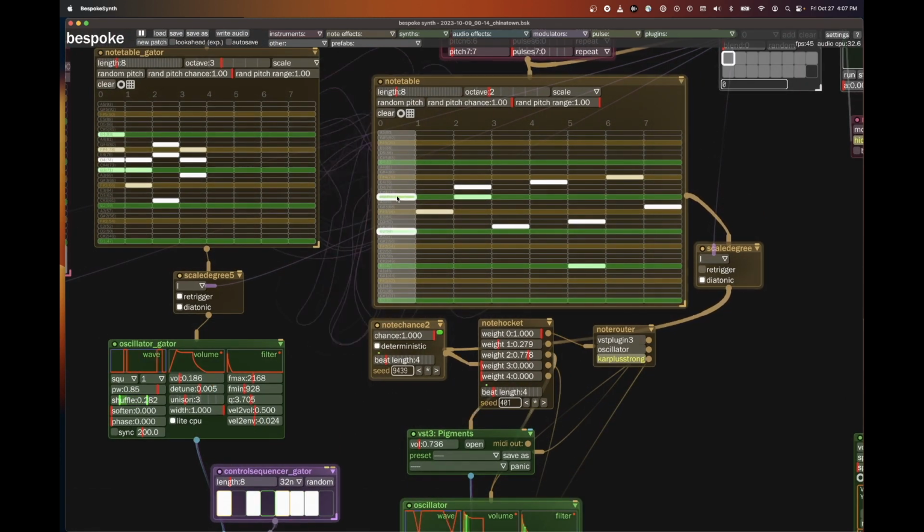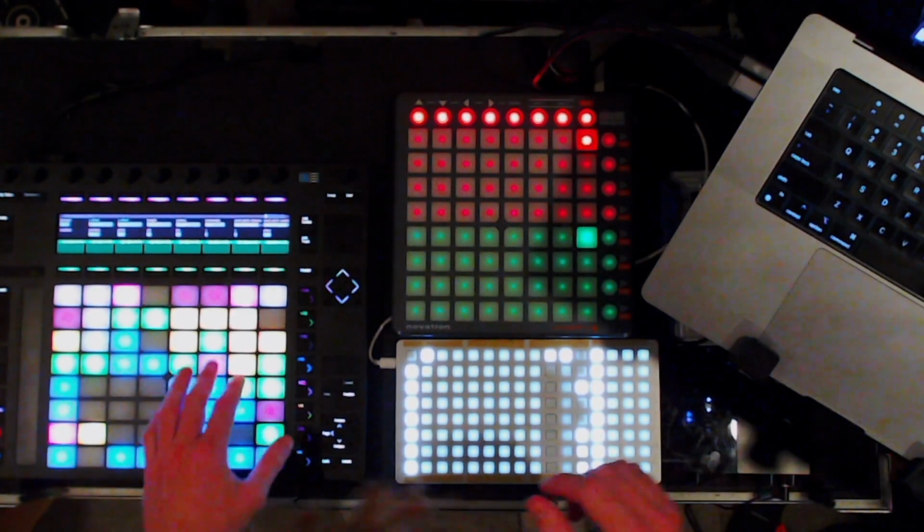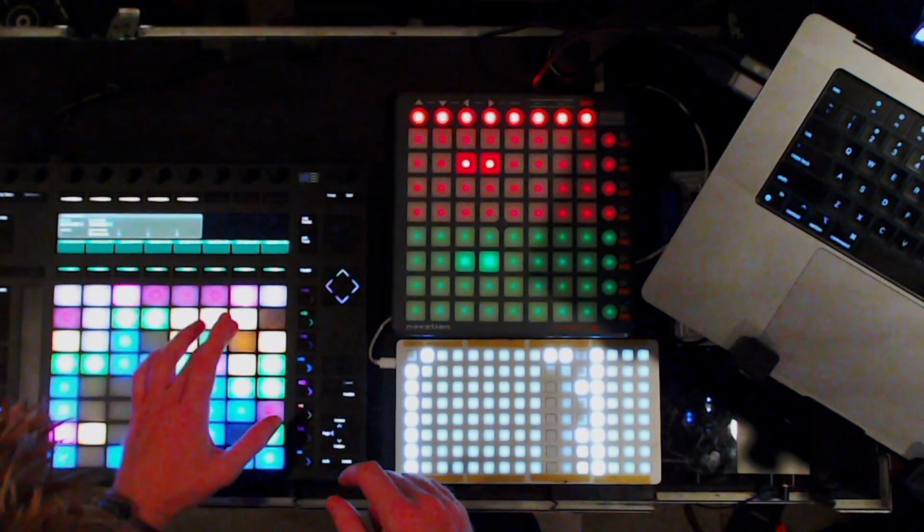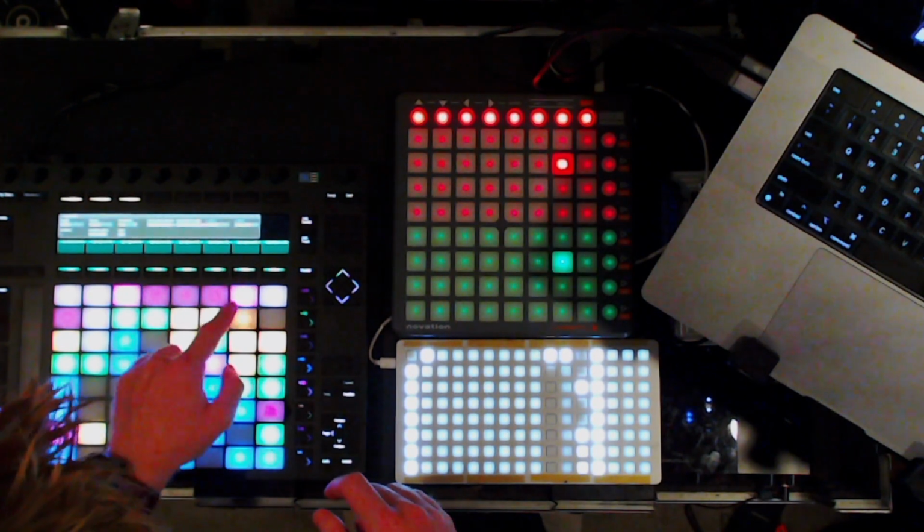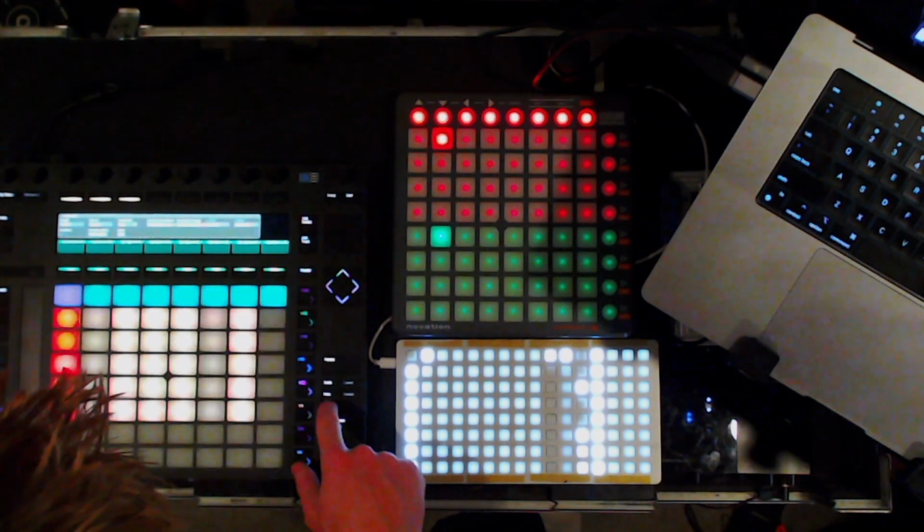I can edit it here. I've got my note table there, which I can also edit. I can go over here to the note table, and when I go into this view,